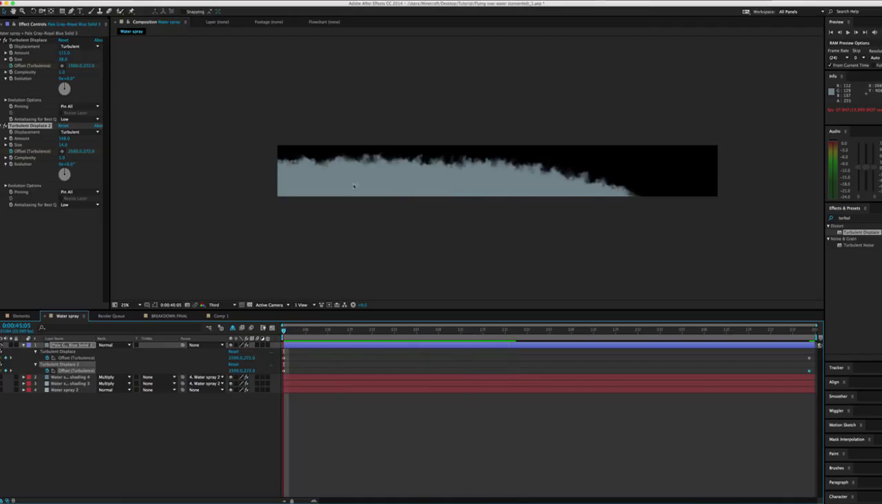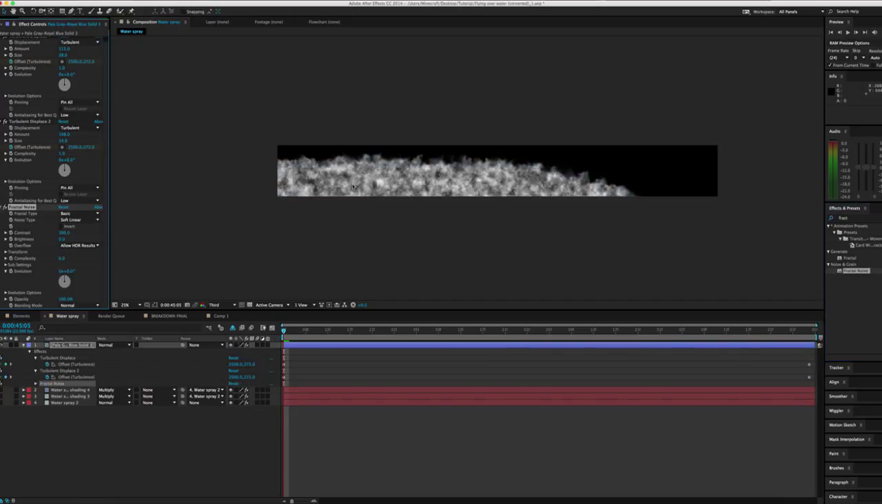Now the next thing we're going to do is add a texture down here. We can do that with Fractal Noise. Just type it in here. Click this, drag it down onto our footage, and then that'll give you this effect, but we don't want it that visible, so you can go down here to the opacity,